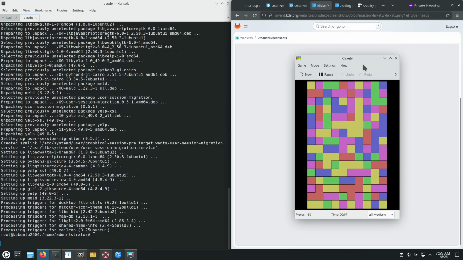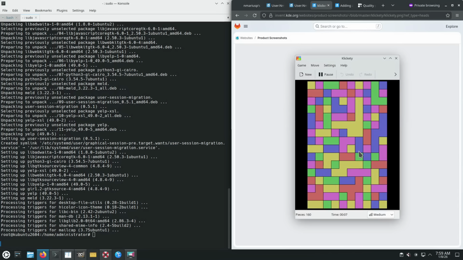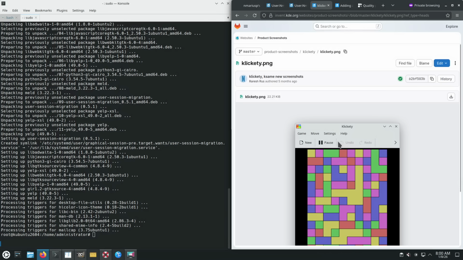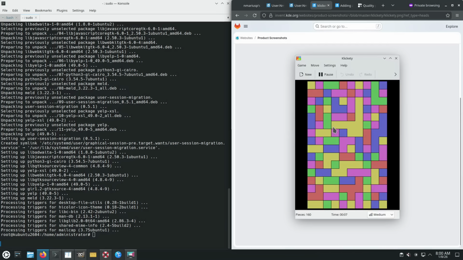Okay, and taking screenshots for the product-screenshots Git repository is going to be probably similar to what we did for product manuals, which is look at all of the PNG files that exist in here. In this case, there's just one, and then